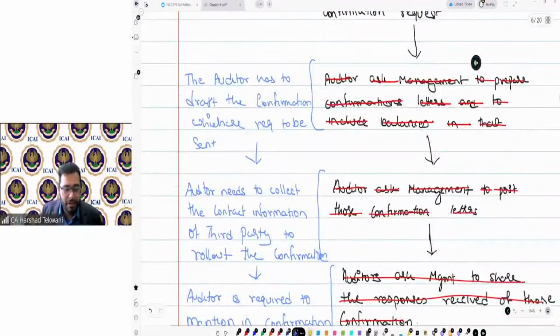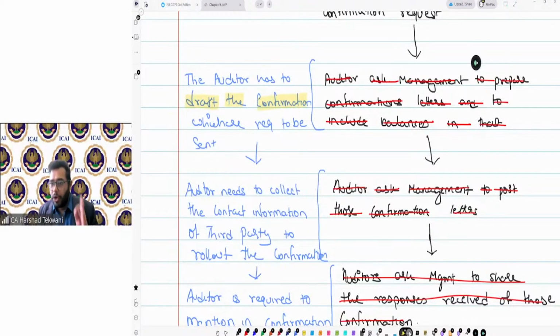It is the auditor's responsibility to draft the confirmation, to include the balances, whatever we want to confirm. Sometimes we do not mention the balance. We keep it open-ended so that we ask the person to fill in the balance and send it to us, so that it gives one more step of reliability.